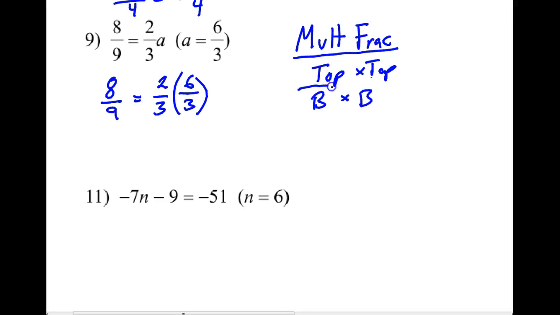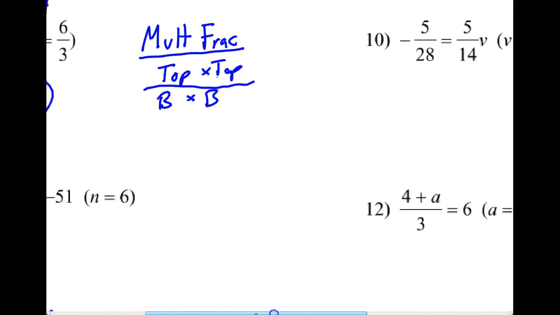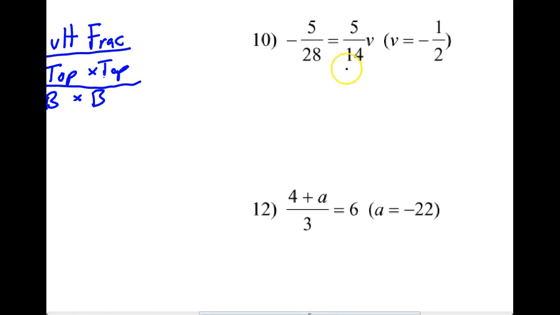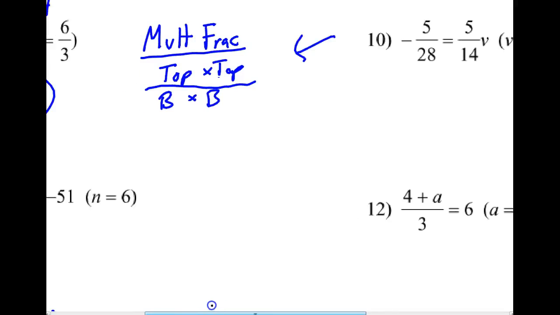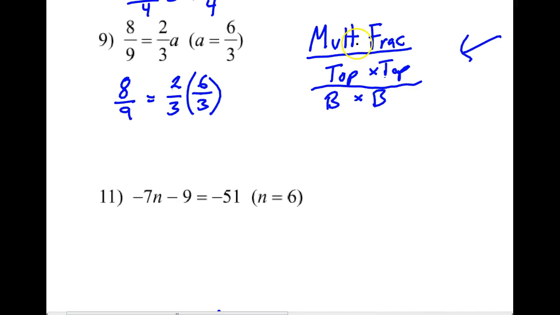And that way, when you go to do your homework, the next problem right here, how do you do that? Your notes are right here. Oh, I do top times top, bottom times bottom. Okay. You don't have to go looking for it and wonder. It's already right there. So take the notes right there. But if you already knew this, of course, you don't write it down. Whatever you need for later. Directions to yourself.